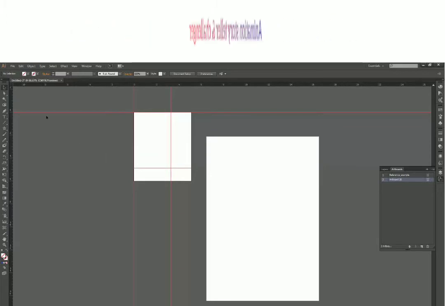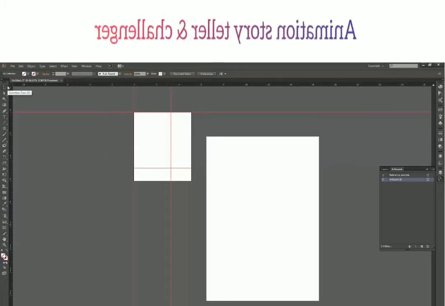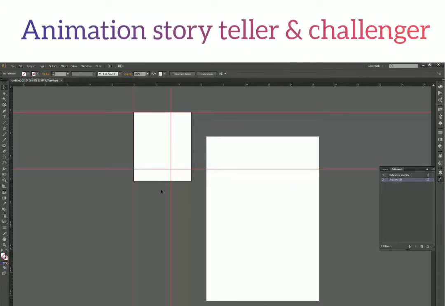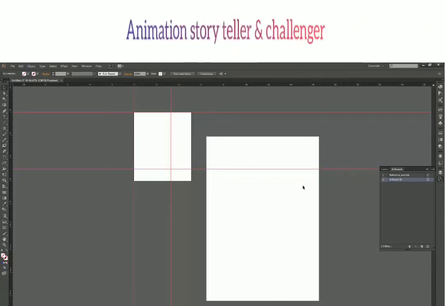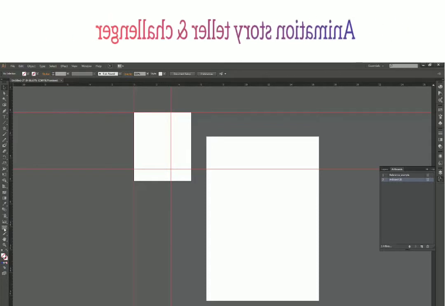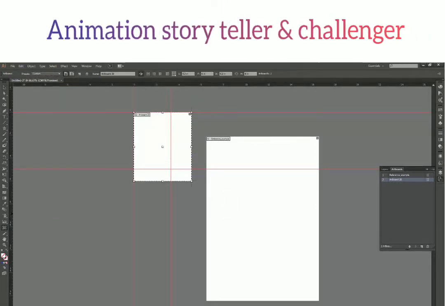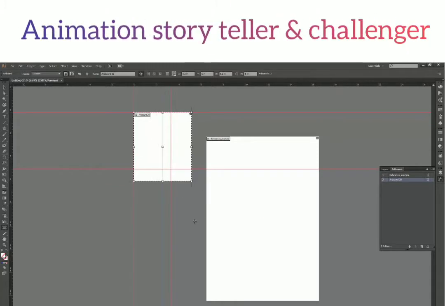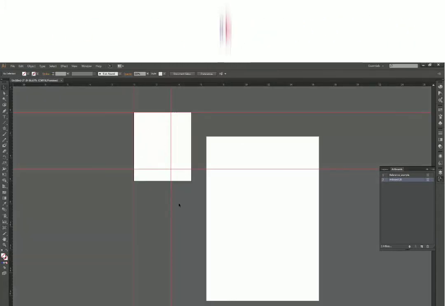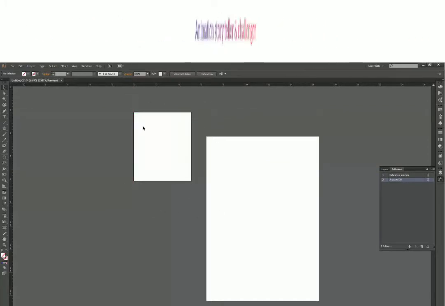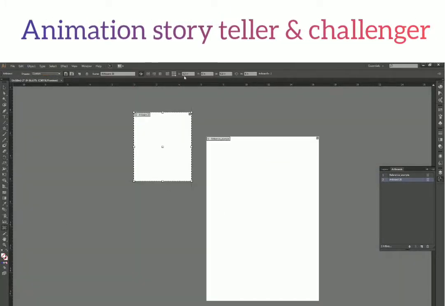So if something like that happens, then you have to select your selection tool and then draw a guide again. Then it will be common along all the artboards. So when you have your artboard tool selected, the guide works only for that particular artboard. And if you don't have any artboard in between, then it will just go for infinite space. Okay. So let me just delete these guides real quick. And we have our reference point understood.